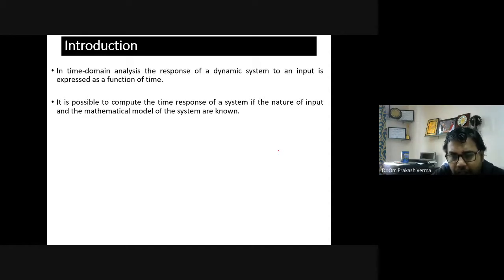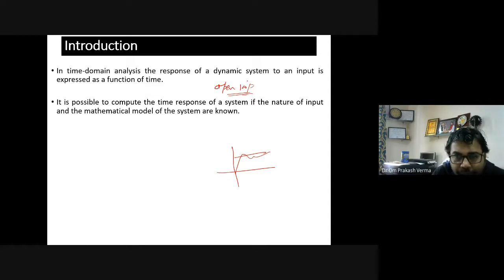So the ultimate target is to control some parameters. So how are you going to control those parameters? Unless you see the open loop characteristic, the open loop response without any controller, without any feedback system, how will you control it? First you will see how the system behaves. How the system is going to behave if it is already controlled? Then why are you going to control? There is no use of control.